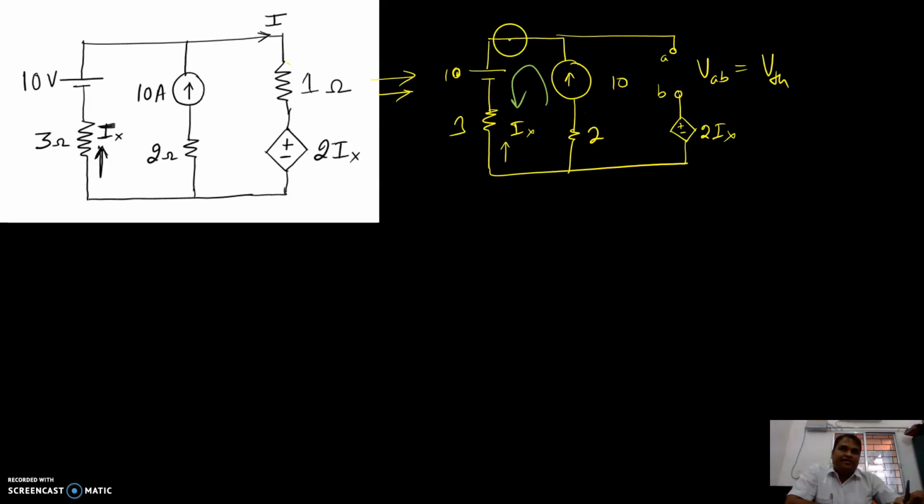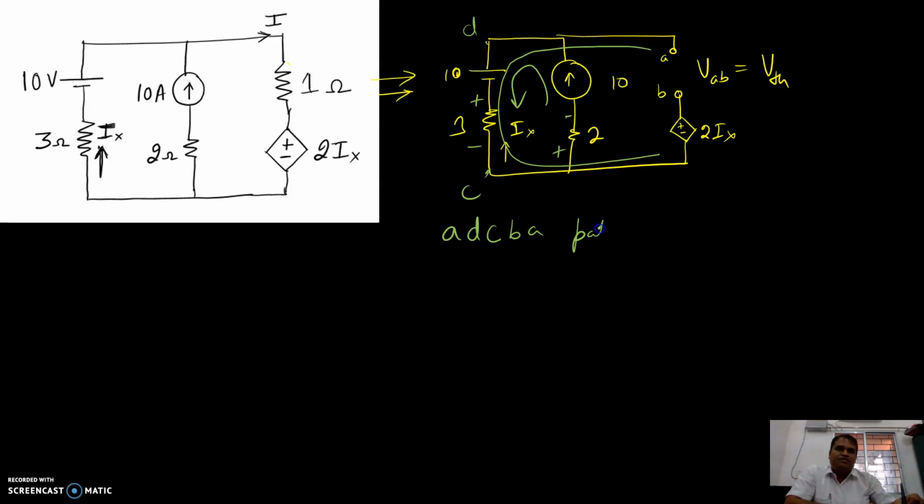So if the current of 10 ampere is flowing in this loop only, we can have a polarity across the voltage sources and across the resistors, plus minus and plus minus like this. Now we need to find VAB. So simply put the KVL in this path A, B, C, D, A, or let us have a path from the upper end like this. So here we have a path A, D, C, B, A.